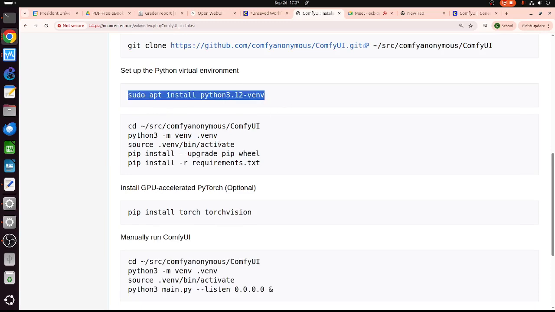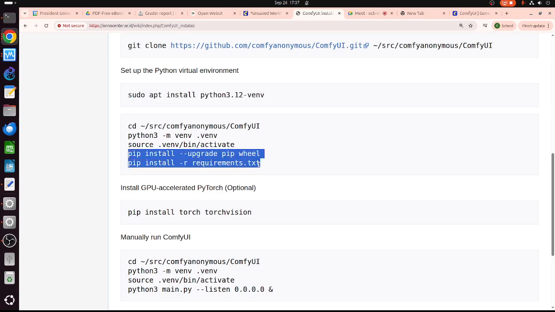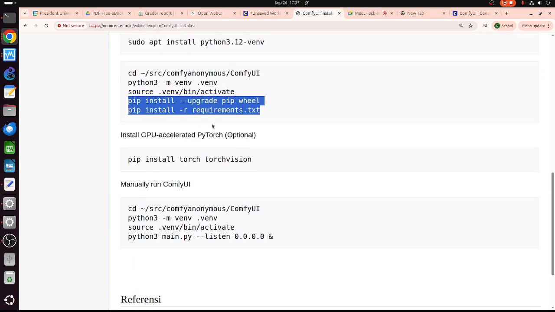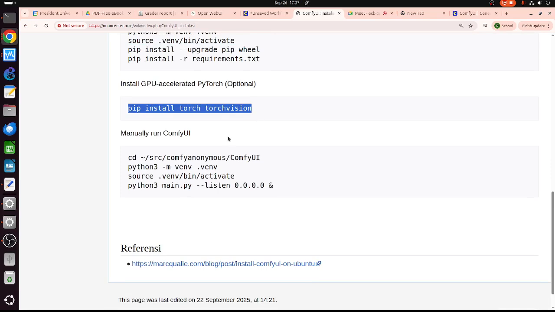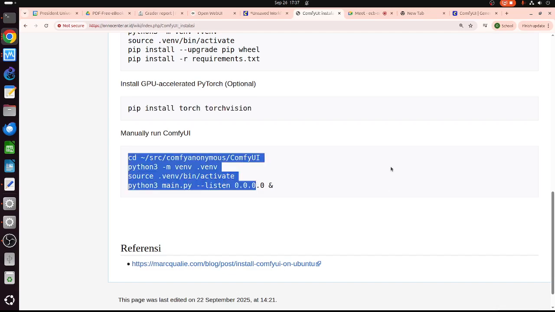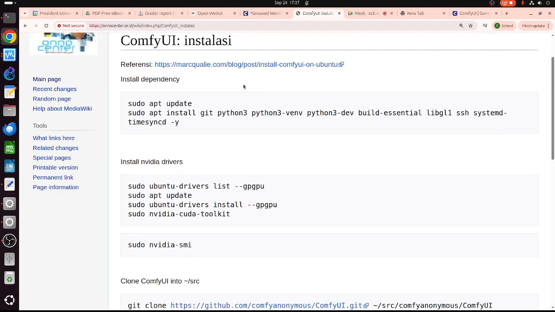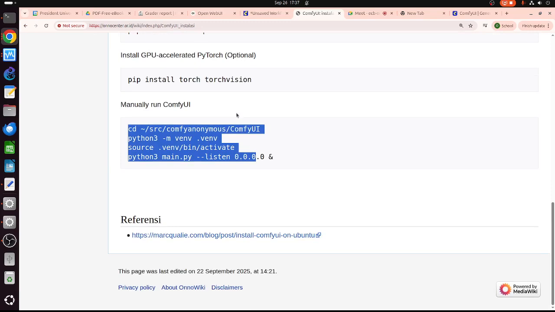So we need to install the Python 3 virtual environment, install the requirements, and add Torch and TorchVision. That's it, and then you can run it. As simple as this, to install ComfyUI on a server.